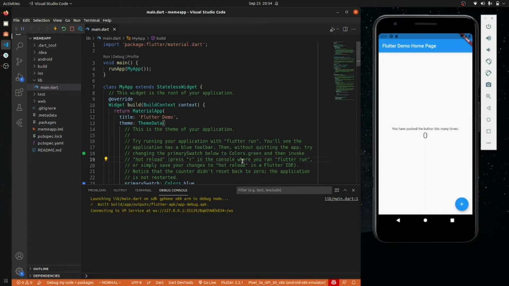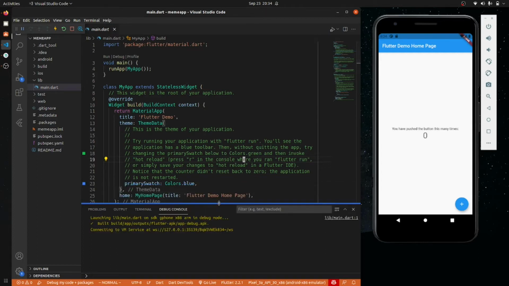So in this video we are gonna create a new application. It will be a meme application, and if I mispronounce it, sorry for that. In it you can find some memes, and if possible I will try to add a sharing feature, so that you can share your meme with your friends on WhatsApp and other apps.